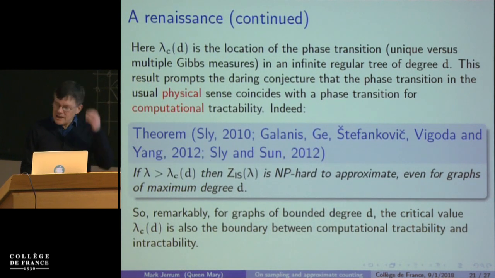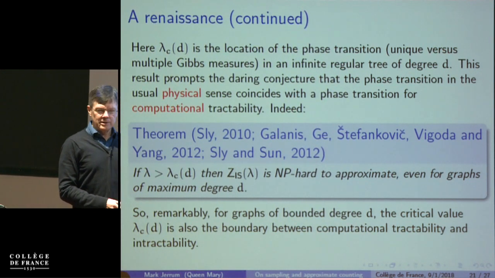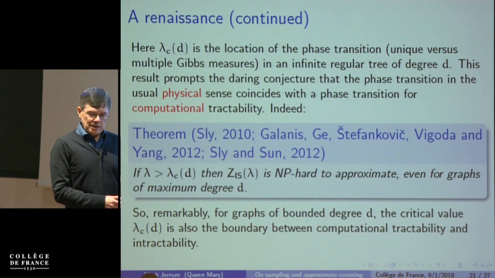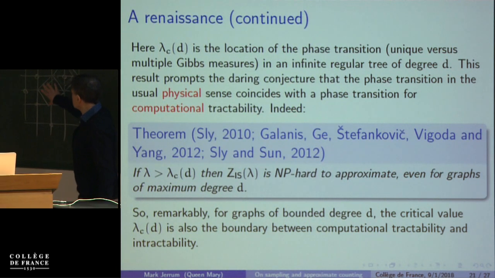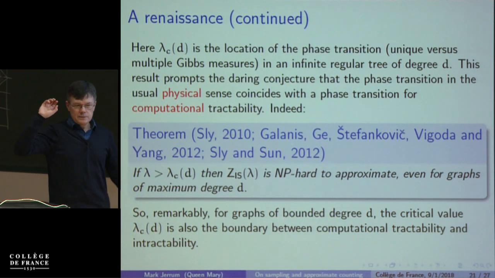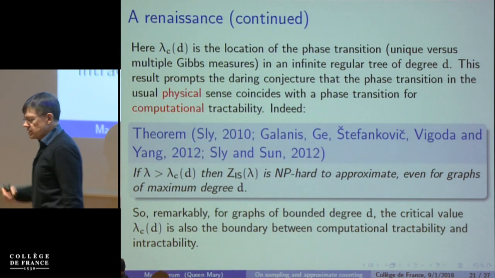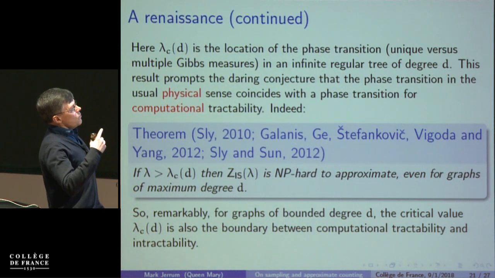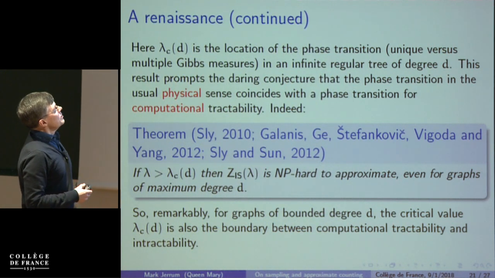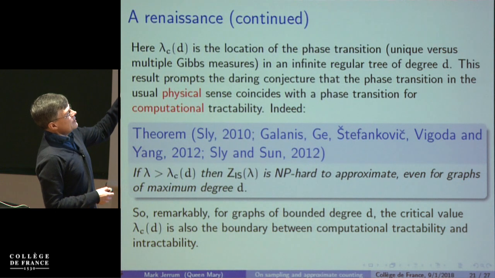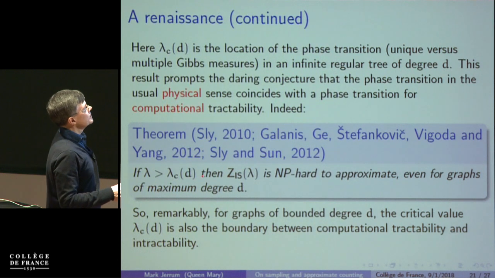The subject's beginning to mature when there are different ways of going about it. And then I wanted to at least get this far because I think this is the most remarkable thing that's been going on in the last decade, that it goes the other way. So once you start to get these regular packings, then the random walk method is not going to work because you can't get from one side to the other. But it's worse than that. That is saying some particular approach does not work. But actually, what we can show now is that under the assumption P not equal to NP, no approach will work.